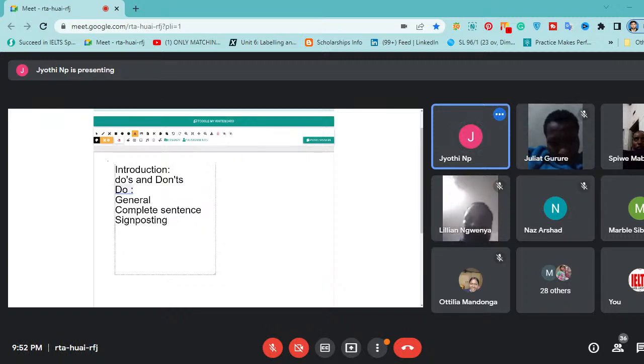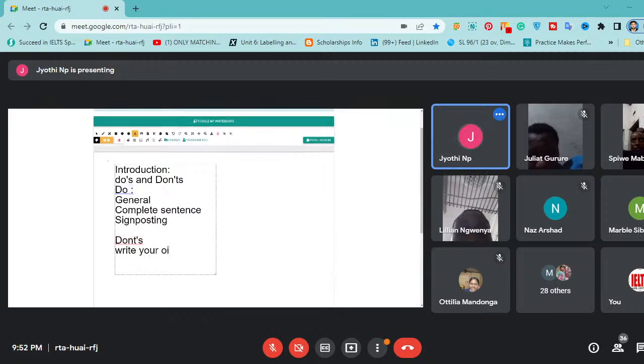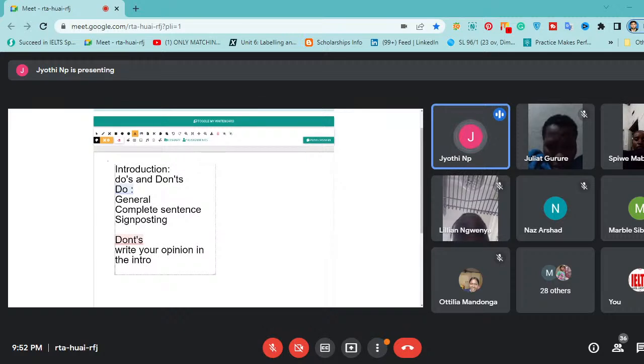Now, basically the don'ts in the introduction. Don't write your opinion, whether you're going to agree or disagree, whatever it is. Don't write your opinion in the introduction. Now, the second thing is,